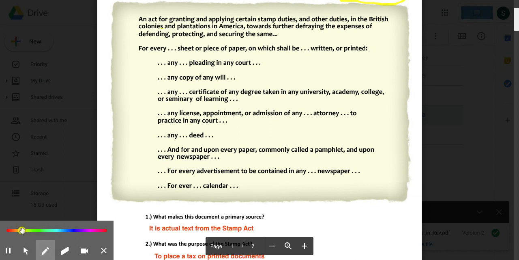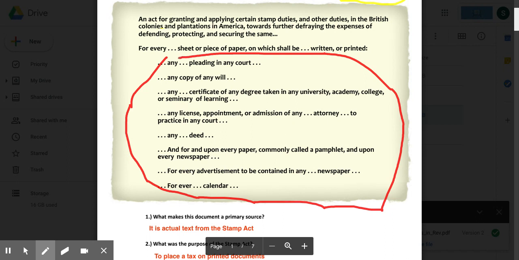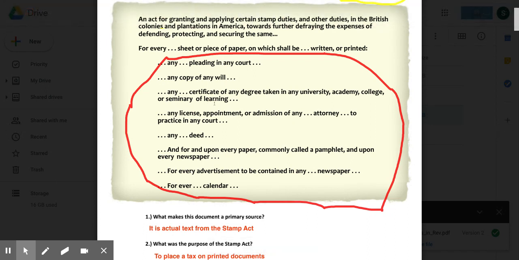You could have had a wide range of things for this one. Let me change my marker. You literally could have picked any item from this list below. So you could have picked a copy of a will, a certificate or degree from a